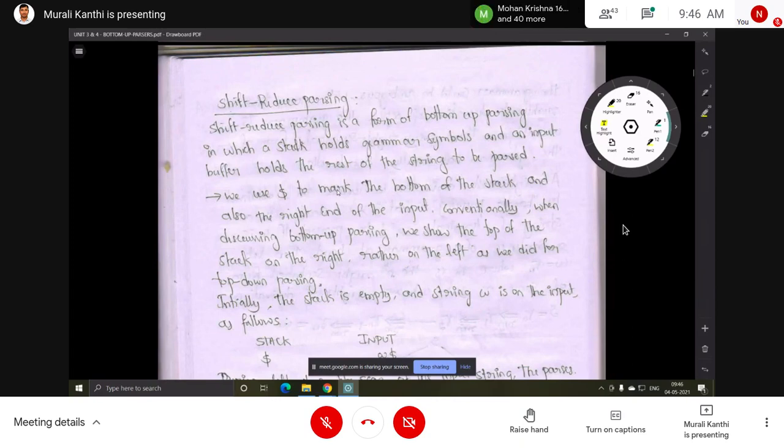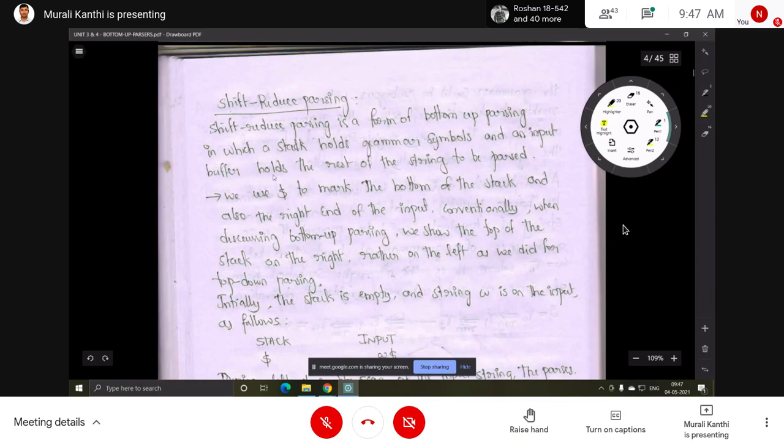Input buffer is one component. Input buffer, stack, and one table is required. Input buffer, stack, table, and one parsing program. So it can be a predictive parsing program or a shift reduce parsing program, whatever. Then one more is the output, that is actions. So these are the components of that parser. Here also the same components are used: input buffer, stack, one parsing program, but a table is not used in the shift reduce parser. So only two.